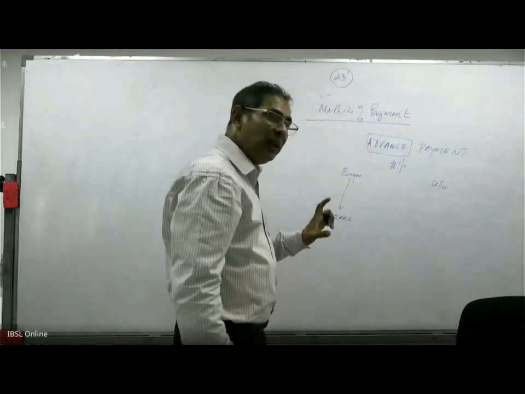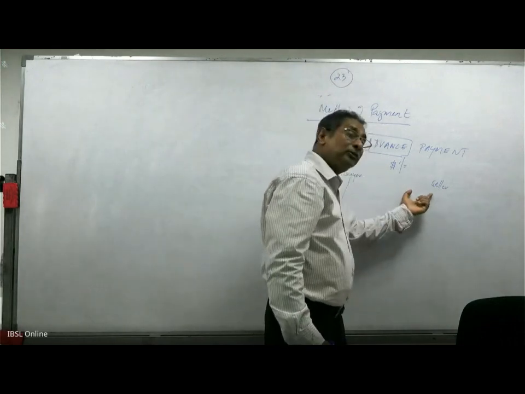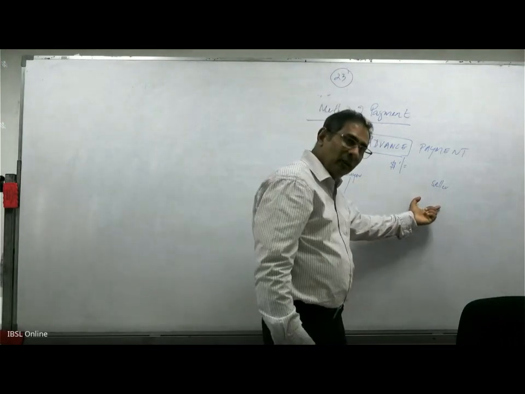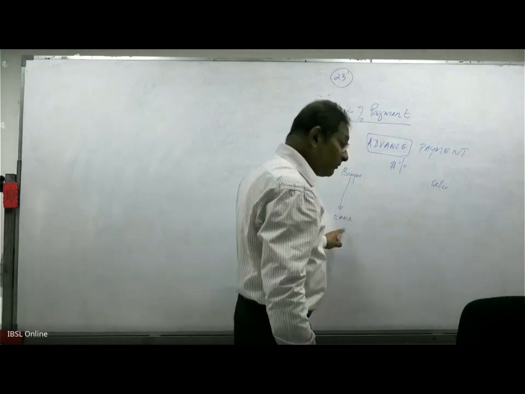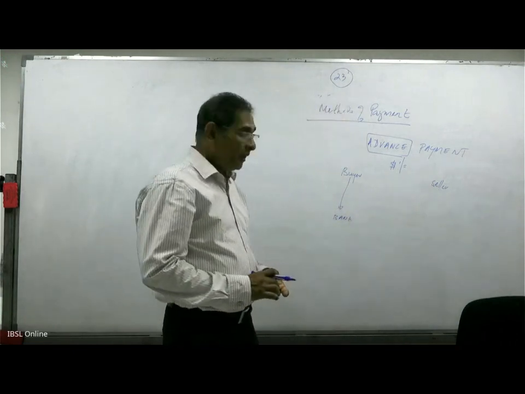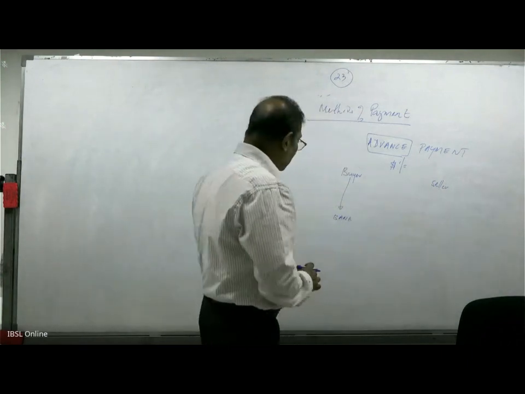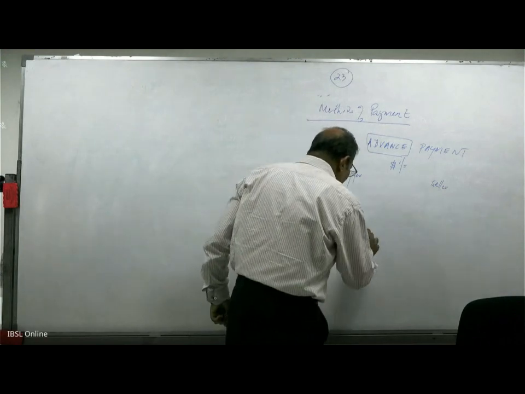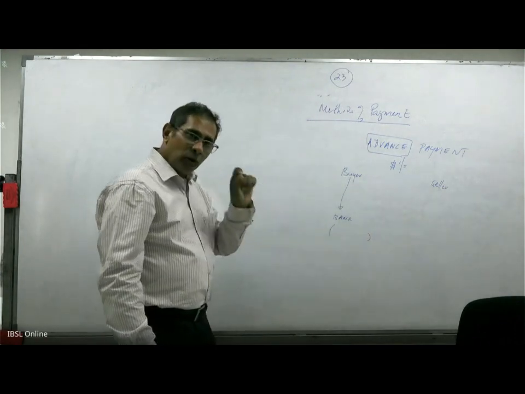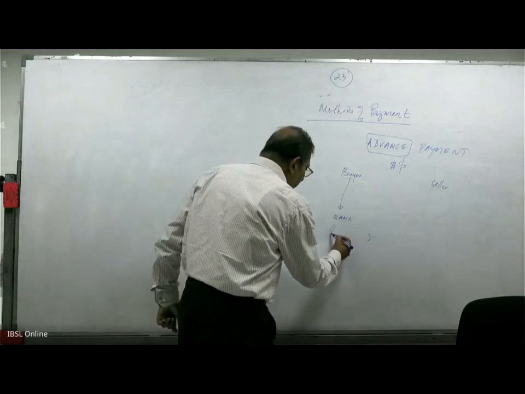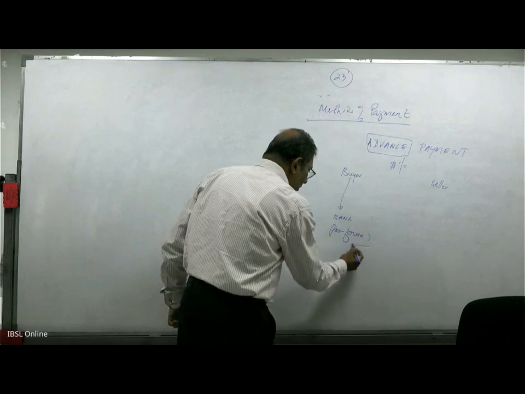Does the bank do it? No. The bank will have to know of the existence of a contract between the buyer and the seller. Otherwise, the bank cannot just convert and send the money across. Then the bank will get caught for negligence. Whatever monies are converted and sent, if the goods don't come, there will be an issue. So the bank will ask for a document. The buyer can give a document, a pro forma invoice.